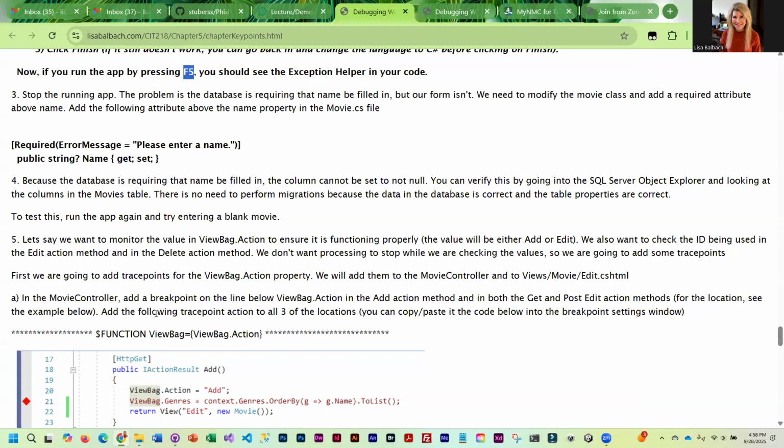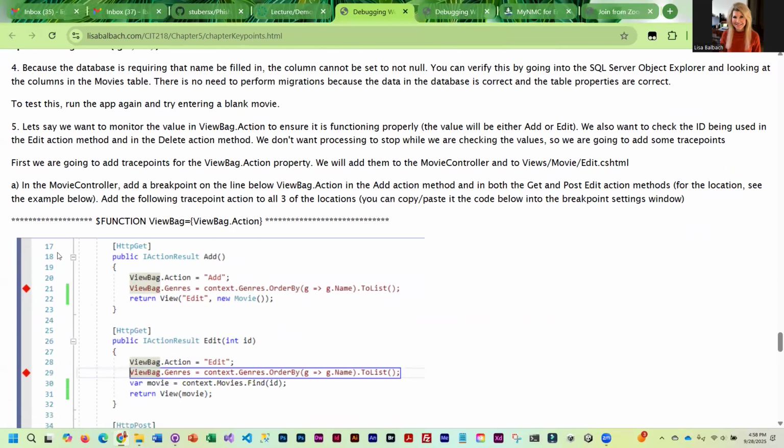So if you point at your breakpoint, you'll see it says settings are disabled. If you go into settings under action, you can actually set trace points. And it's just a way to see where your code is processing, basically, and what it's processing. And so I always do asterisks around it so I can see it because this displays in your output window,